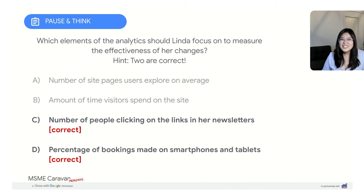Okay, so the correct answers are C and D. So the number of people clicking on the links in her newsletters, and also the percentage of bookings made on smartphones and tablets. So when it comes to analytics, it's important to focus on the information that has the most